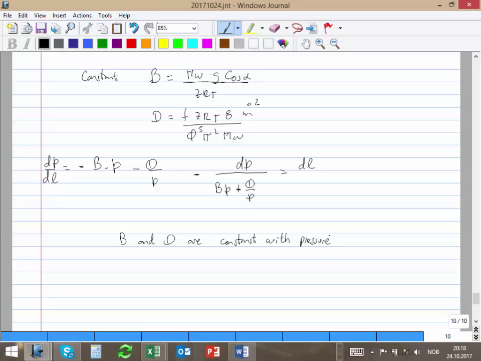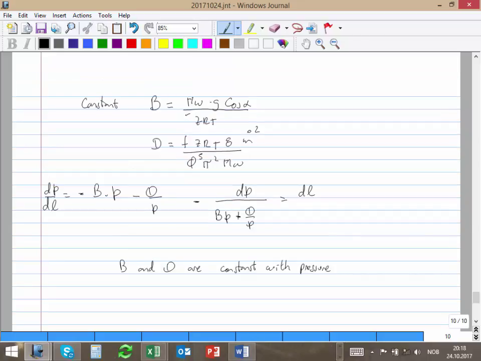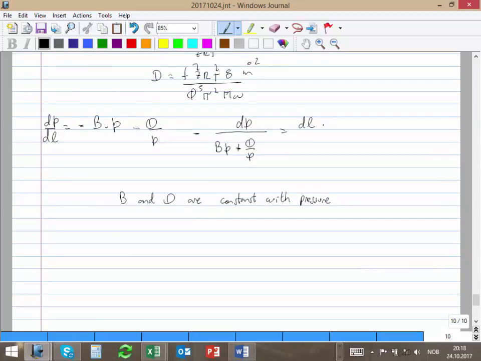And you see that creates some problem for me, because you have Z, and you have also f, and you also have temperature. These are going to be changing and are not constant with pressure, so I don't like this approximation. So what I'm going to say is, instead of using this Z and T, I'm going to say they are constant and equal to